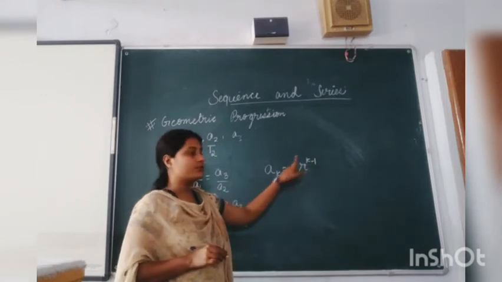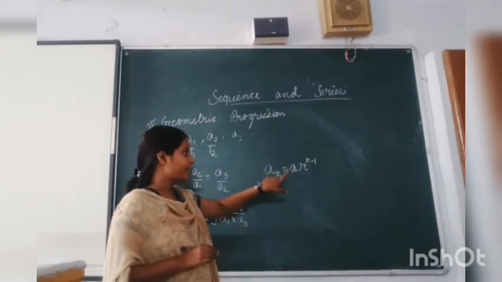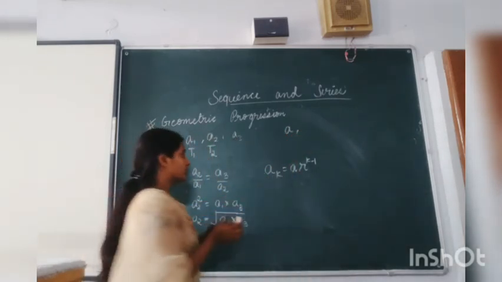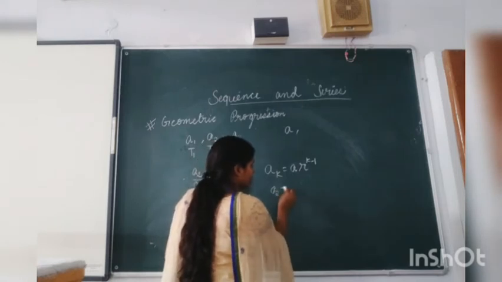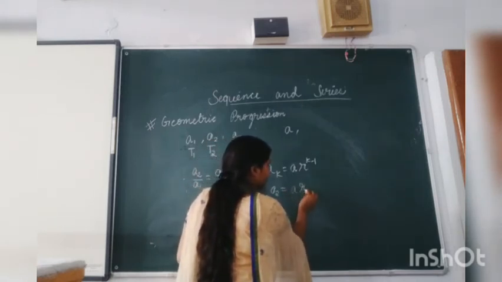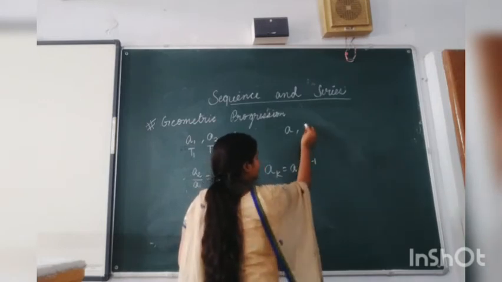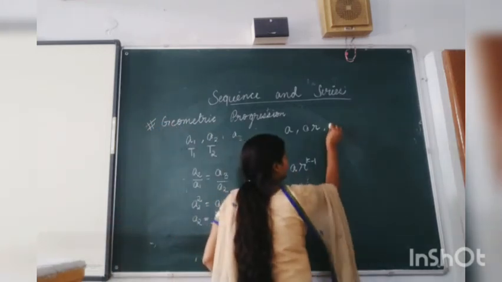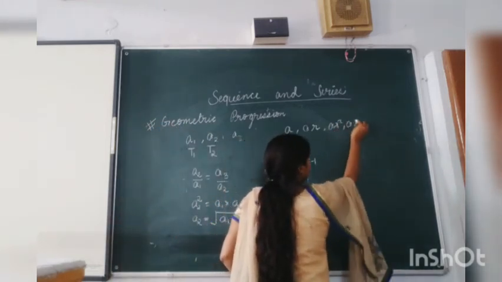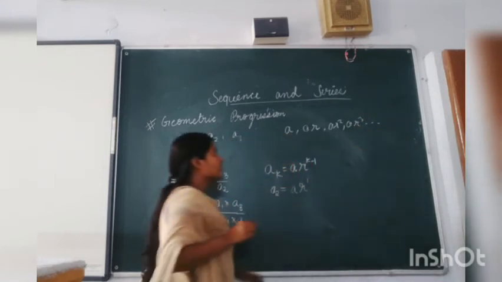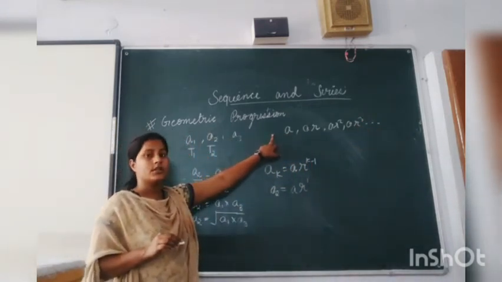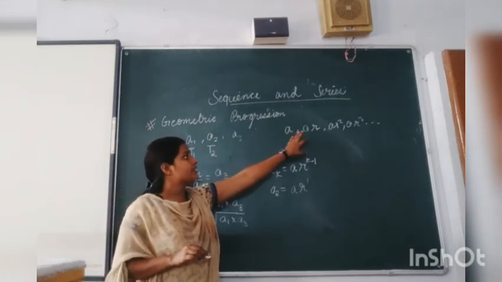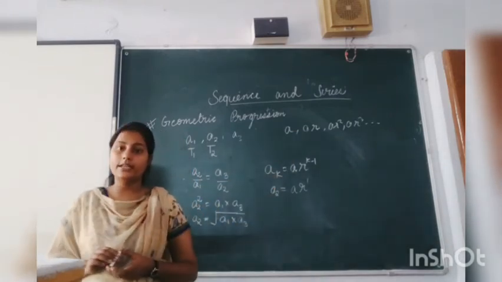1 minus 1 is 0. तो फर्स्ट टर्म क्या आ जाएगा? a आ जाएगा. अगला टर्म फर्स्ट टर्म हमारा a होगा. Now if we put k as 2, then a2 equals to a r to the power 2 minus 1, that is 1. So the second term will be ar. Similarly, we can write all the terms ar, ar square, ar cubed and so on. So in general, the representation of geometric progression is like this. The first term is a, r is the common ratio, second term is ar, third term is ar square and so on.